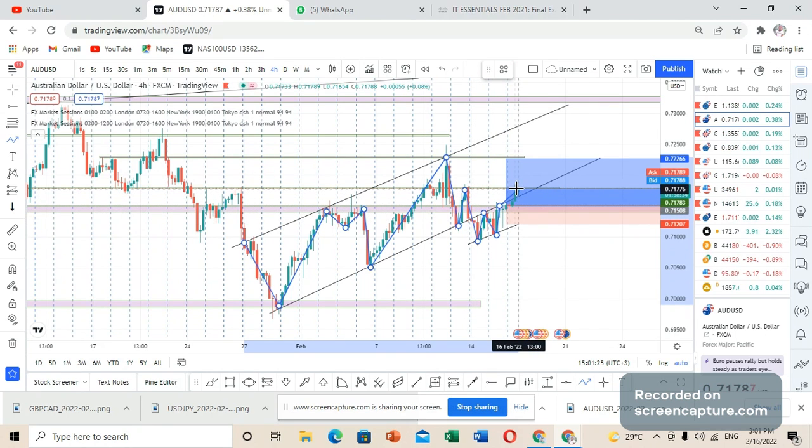So if it has the ability to break above, I'm looking at it at this particular point of resistance. You can see it is currently at that level. You have this particular point of resistance, and this particular point of resistance again, and previously it acted as a point of support. So what I'm currently expecting is that the market is going to rise from its current position and move above this particular area. So that is all that I had for you for today.